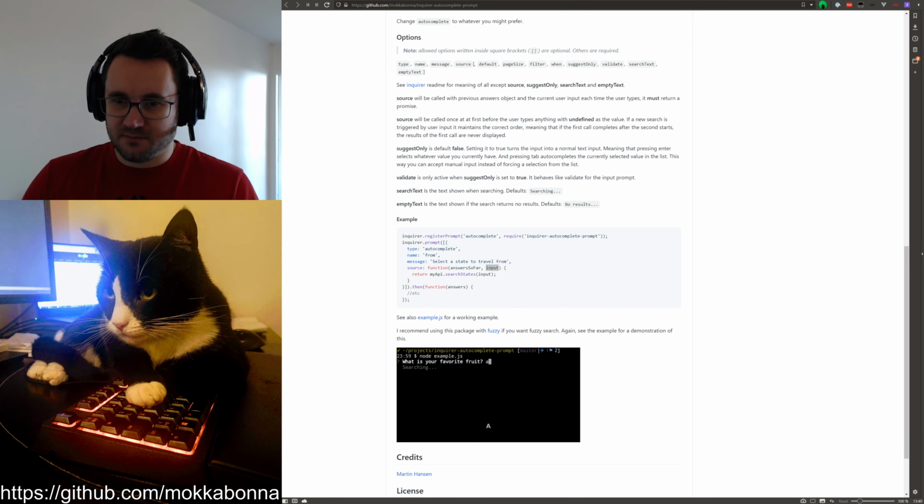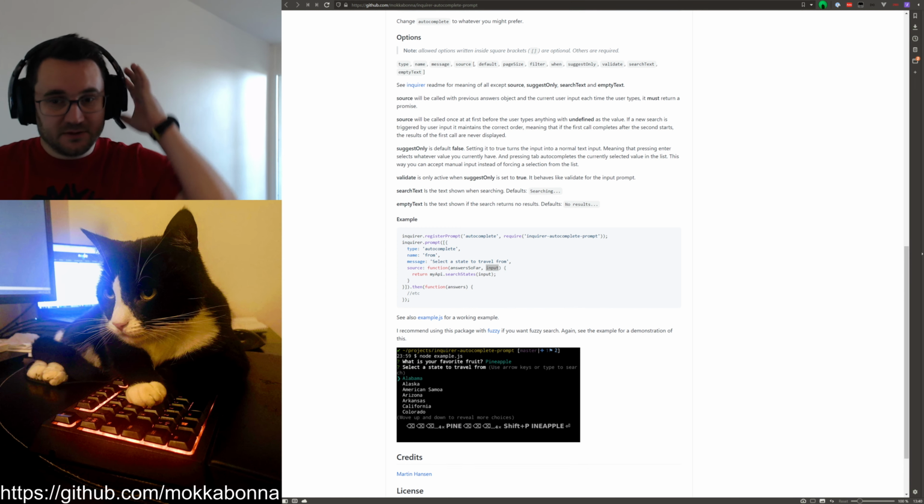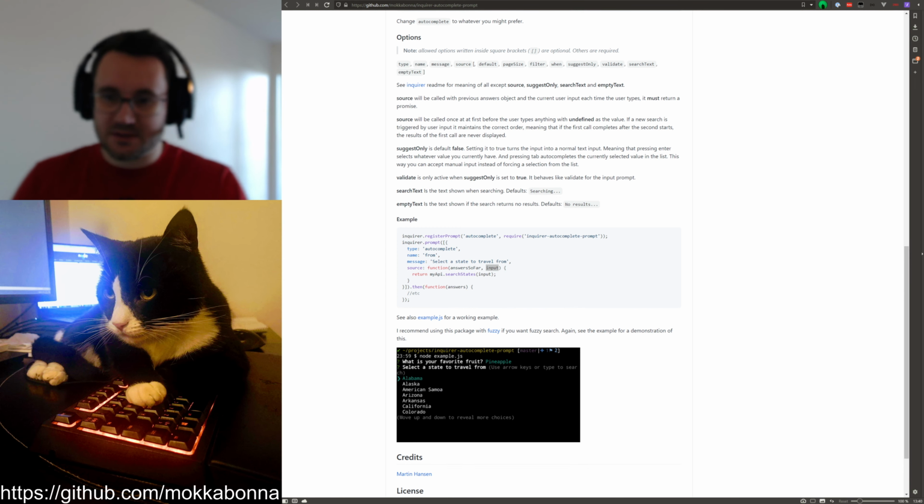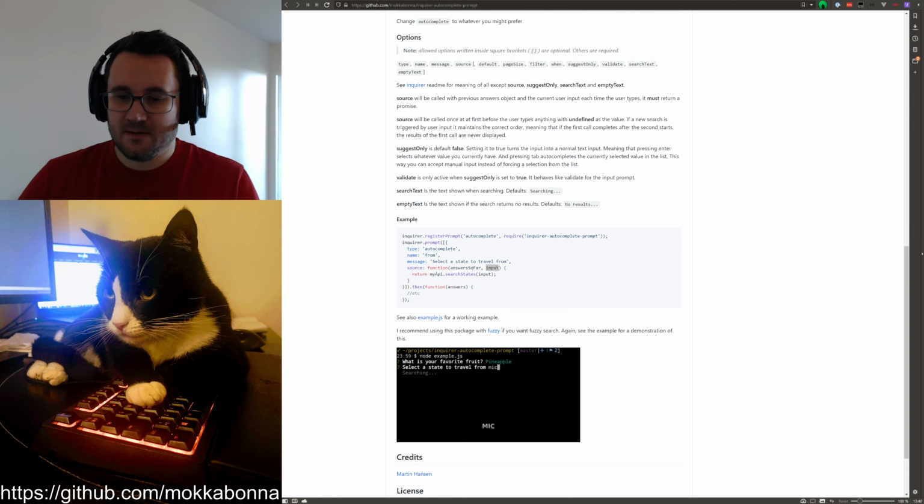Well, this is of course me passing it in. It's not inquirer. It has no keys. Oh, it does have keys probably. No, it doesn't have any keys, I guess. But it is an object. But if I add a normal checkbox prompt in at the start,